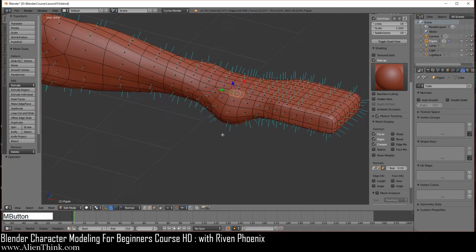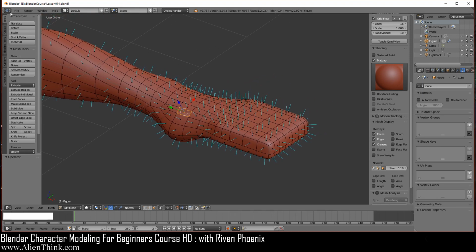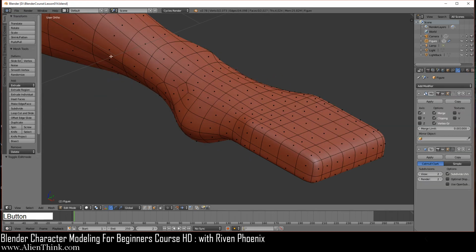Okay, so I wanted to make sure that I explained some of these concepts to you. I'm just going to go ahead and reload this file back the way we were. We're not going to do anything. Now next lesson we'll start to manipulate and start to create the thumb using these advanced concepts.